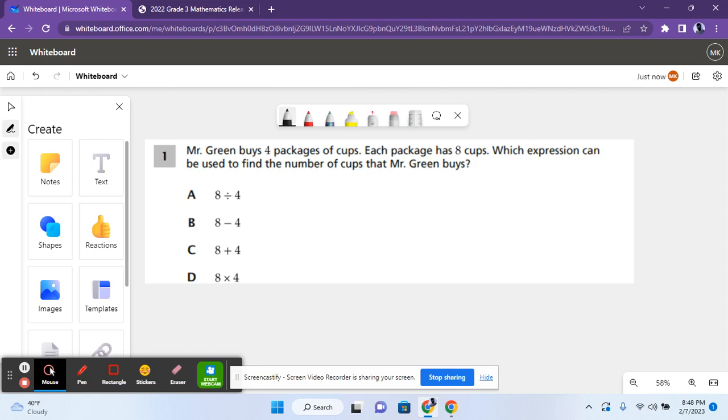So let's get started. For the first problem, it says Mr. Green buys 4 packages of cups. Each package has 8 cups. Which expression can be used to find the number of cups that Mr. Green buys? So here we have to examine each expression and find out which one represents the number of cups